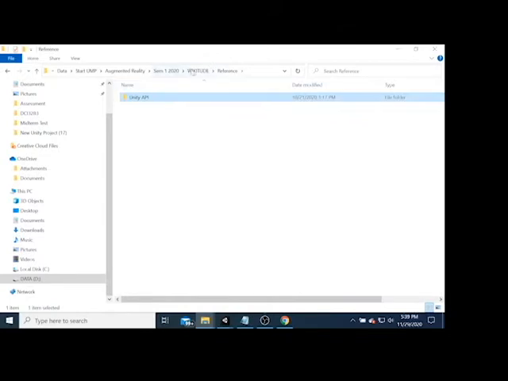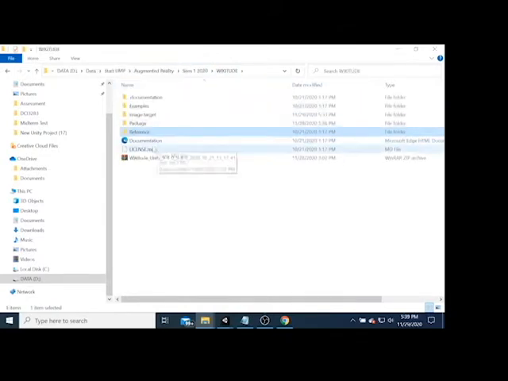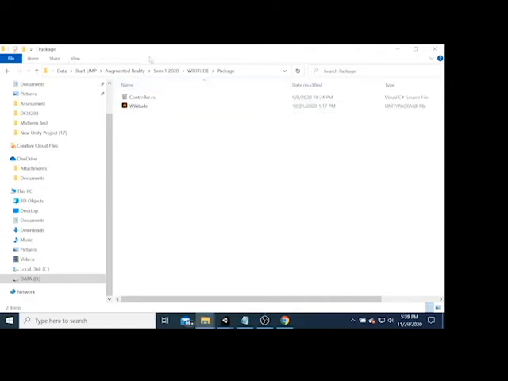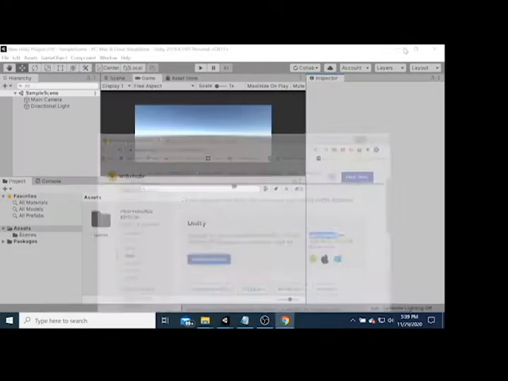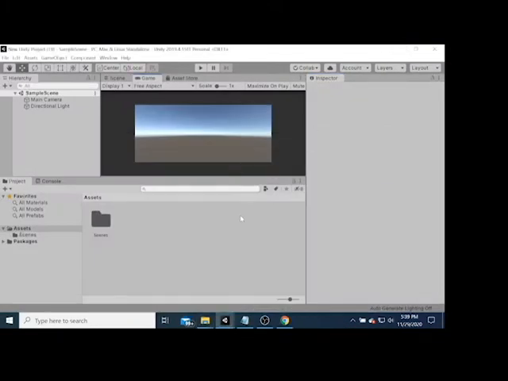So back to the Wikitude folder, you can also see the documentation. Next, you need to double click on the package here. Inside the package folder, you can find the Wikitude Unity package file. Next, you can open Unity, then click the asset store.